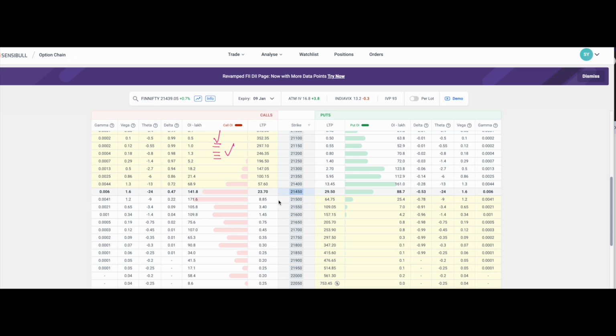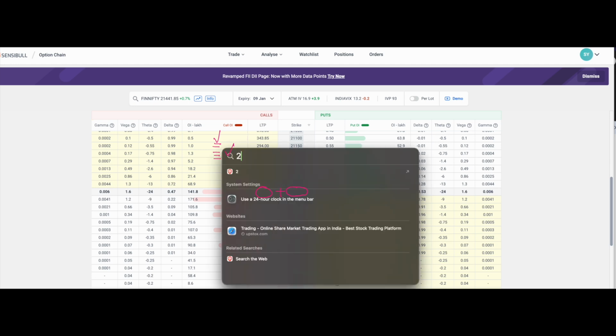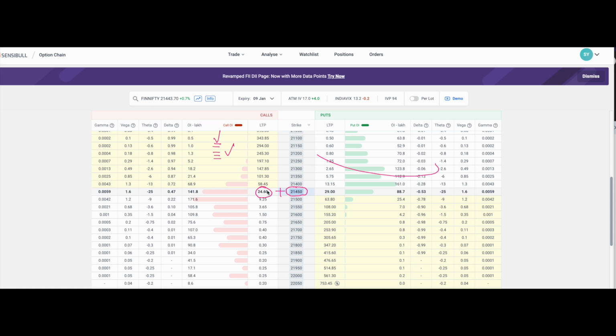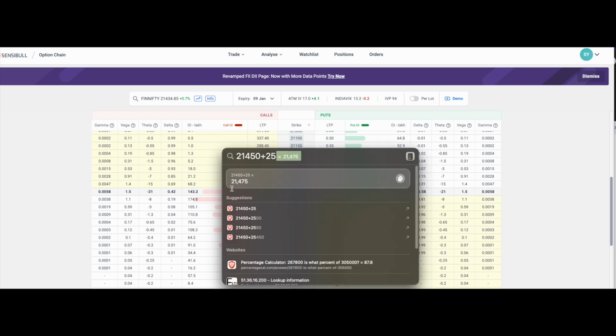The first thing you need to do is take the strike price which you want to choose, in this case 21,450. You need to add the strike price amount with the premium amount. So in this case, 21,450 plus what is the current price? Let's keep it 25. The total comes up to 21,475. But where is Nifty currently trading at? It is trading at 21,434. But here, if you add the premium plus the strike price, it is coming up to